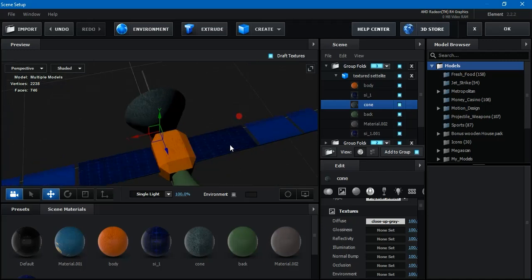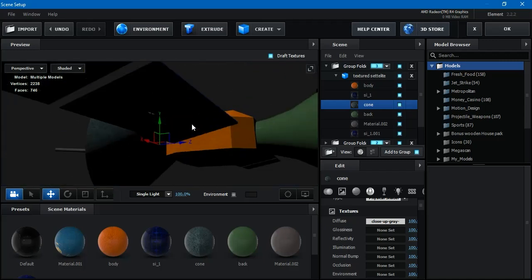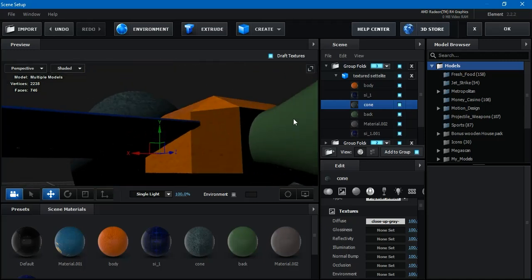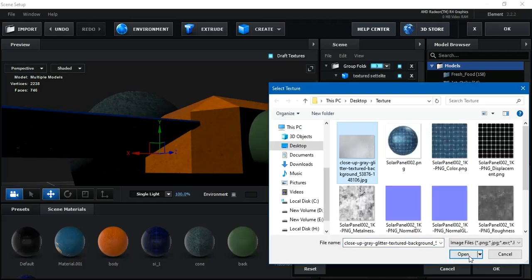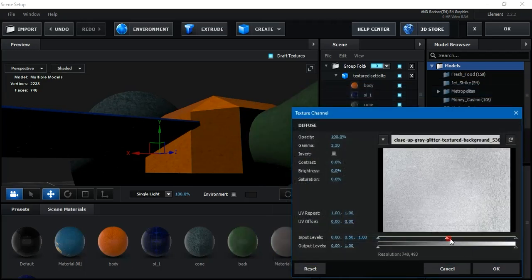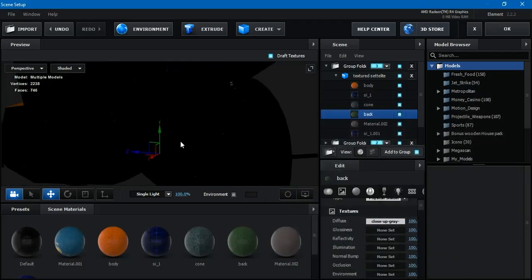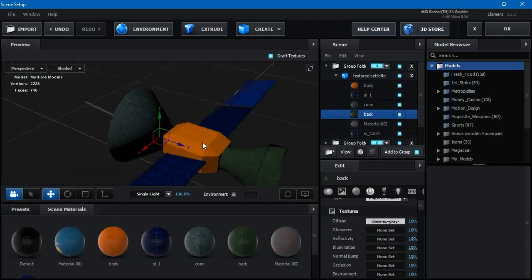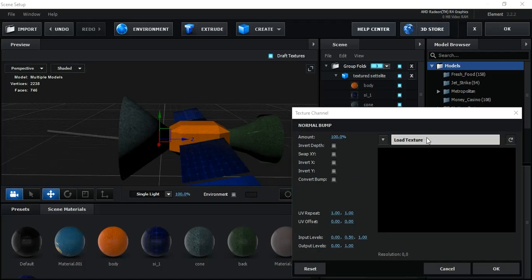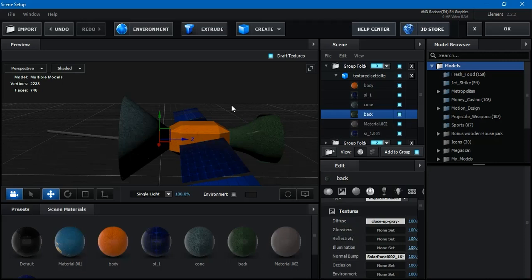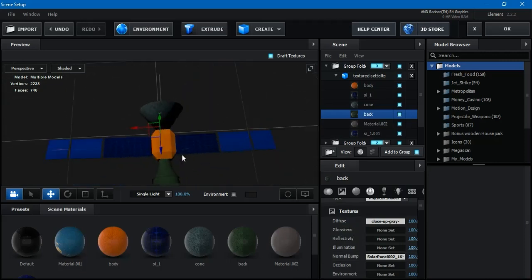So now it looks very nice, and if we want to load the same texture on the back side, we can do it on the back. Load the same silver, yes, okay, and all the way up like this, and we have a nice shade on the back side. And if we want to add the normal bump, you can add it like this. Okay. Now we have a nice satellite here